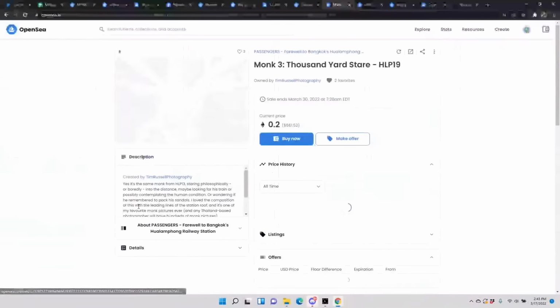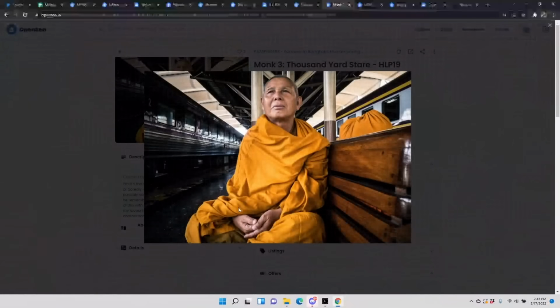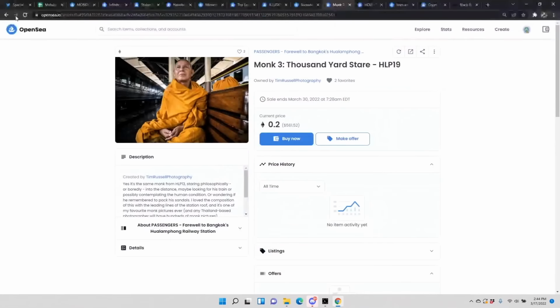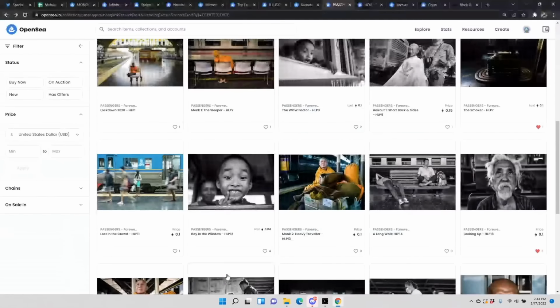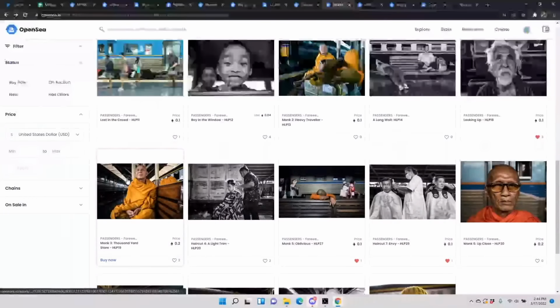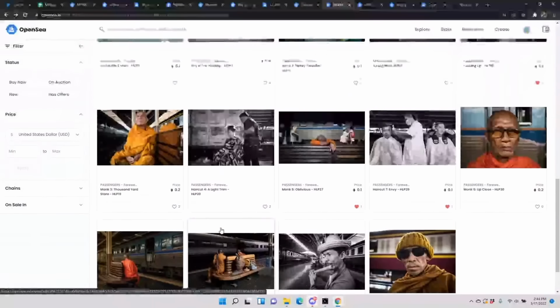I will say this, between those two, I really prefer this one. Yeah, the tonality is so much better on that one. The other one, the white balance is off. Yeah, this one would be the shot for me. And how many monk shots do we need to get that across, right? So maybe that one's good, and this one, and then